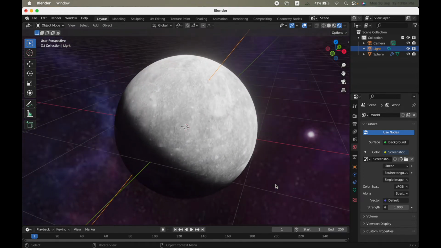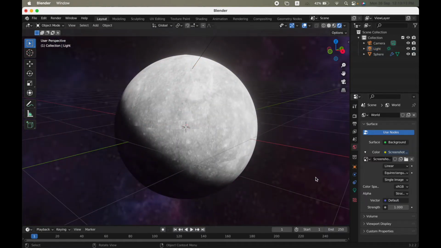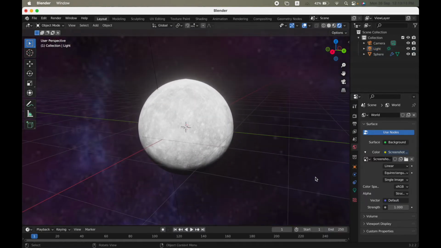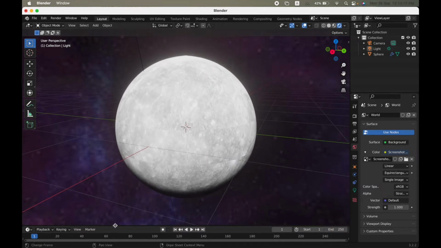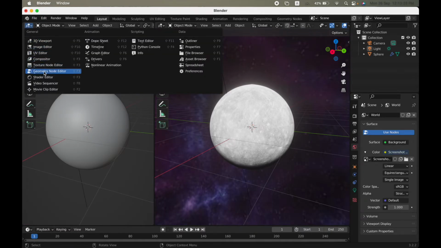HDRI is a search that you will find some, but I just got this one. It looks pretty good. And now basically we have to just create a new vertical split. Right click here, click vertical split, then split the screen, then go to the shader editor,